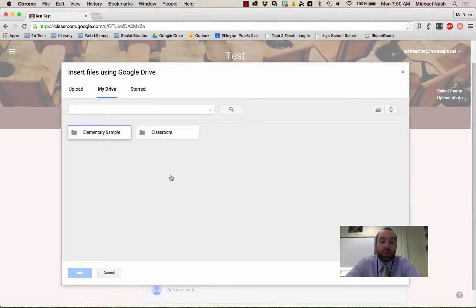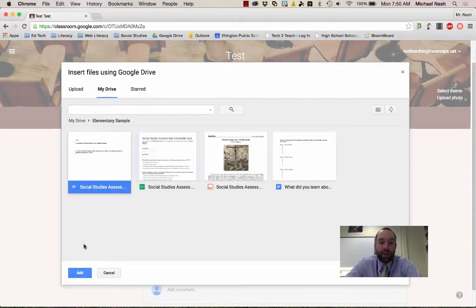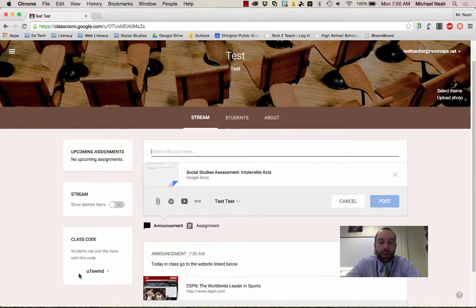This could be like directions to a project or anything that they don't really need to turn in. I could go here and say, all right, I want you to have this assignment or this assessment. I don't want you to do anything with it. I just want you to be able to read it. I would then click read the directions, put a little note as to what you want kids to do,